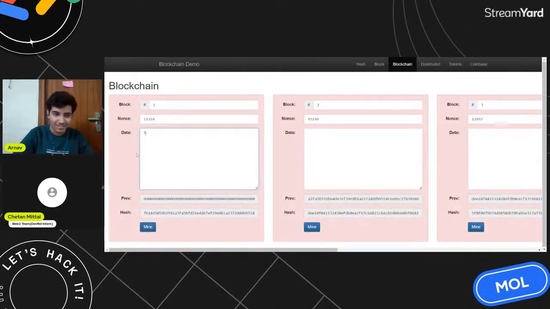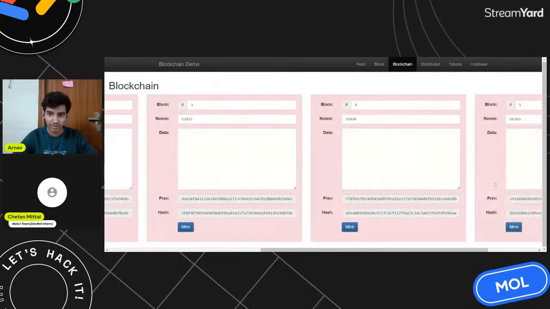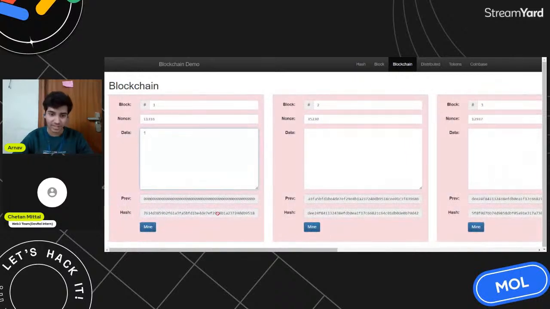So now you can see कि अब मैं यहाँ पे 1 type किया, so previous तो change नहीं हुआ but this hash changed, है ना, and this hash changed। अब ये दोनों चीजें match नहीं कर रही हैं, so that's why all these blocks are not verified anymore, क्योंकि सारे invalid हो गए। अब what if अगर मेरे को 1 type करना भी है तो I'll have to remine this, right? I will remine this and now this has been validated, but again जो इसका hash है it's going to be different from this, right? इसका hash is going to be different and now we have to put in all that into here, so I can do this,